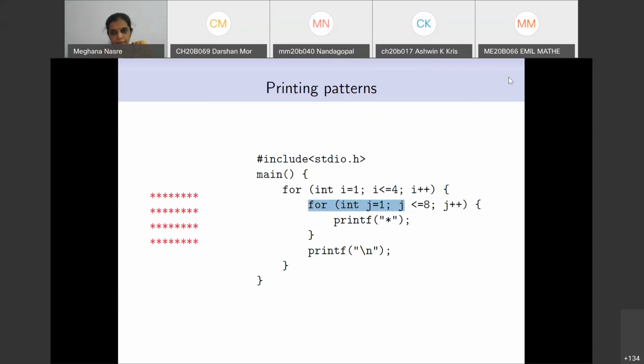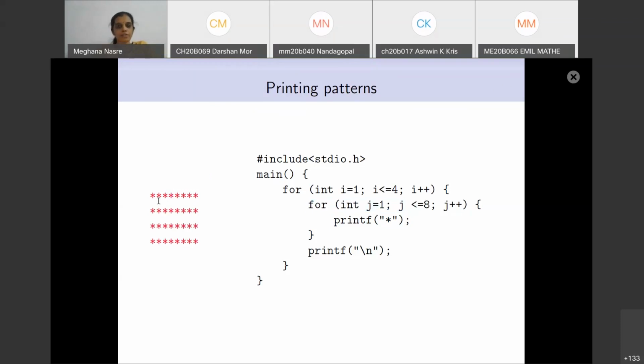Does that mean it should have the least number of lines? Can you speak a little louder, Ashwin? You said the matrix is a natural case for a nested loop. What does natural mean? Does it mean there will be fewer lines of code or something?